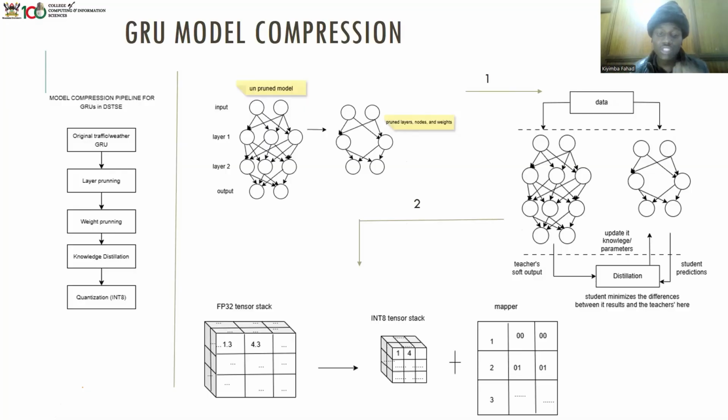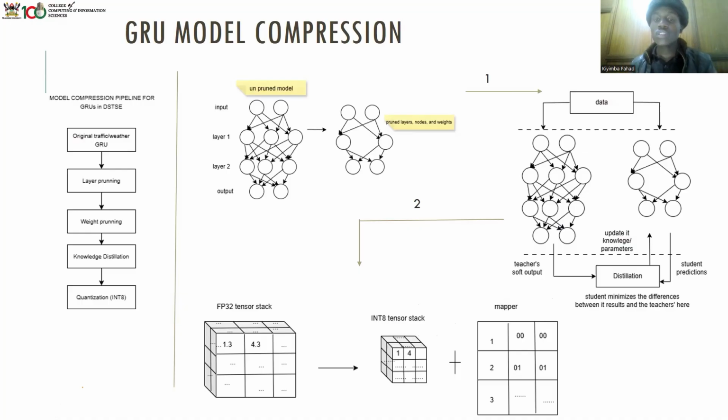This makes the matrix very much smaller. However, we can see that there's this other metadata of a mapper that can also create some overhead, or cost some more memory. So that is it. We get this INT8 model, and this is the quantized model that we deploy, okay? It's machine friendly, especially for edge computing devices. And remember, this is to be put onto the traffic sensors and weather sensors.